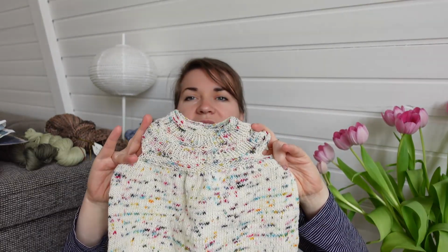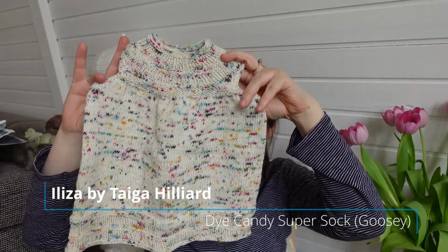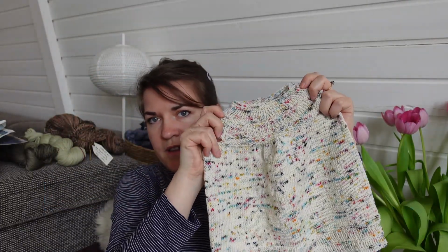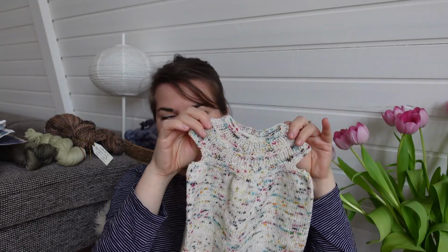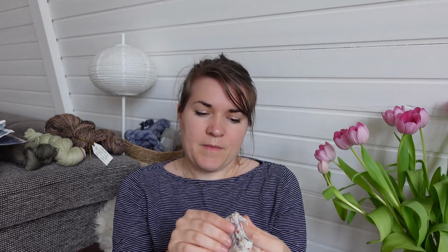And I mentioned there are three finished objects. So the third finished object is one I did knit between the last episode and this episode. So this is an actual recent finished object, but you do know the pattern because I knitted it before, and it is the Eliza dress by Tyga Hilliard Designs. And yeah, I knit this one for my daughter before. But this one's not for my daughter, it is for the daughter of a good friend of mine, because she had a baby in